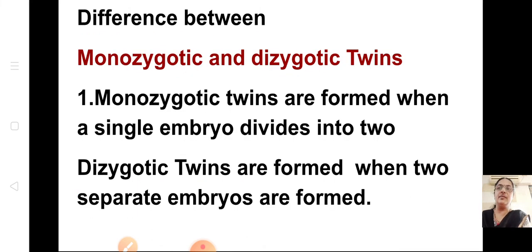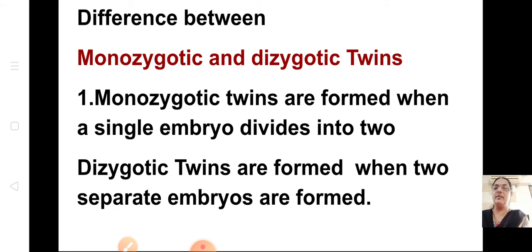Okay, so if a question comes like, write the difference between monozygotic and dizygotic twins, you wanted this question, so I thought I'll put it in the slide so everybody can take it down. Everything is taken from the textbook only. So read the textbook. If you know the answer, you can frame the sentence on your own. But if it is a 2-mark question, there should be at least 4 points, because they expect 4 points in the board exam also. So divide the points so that you get at least 4 in number.